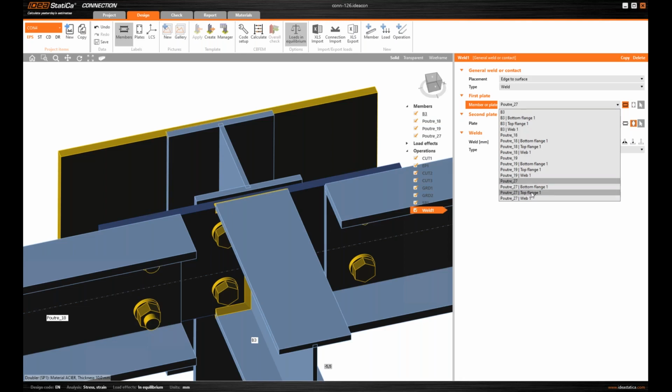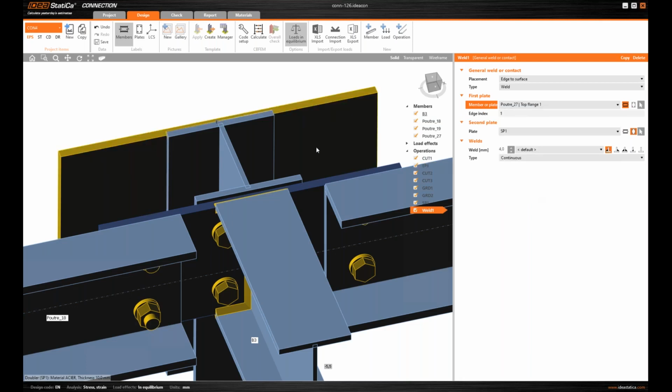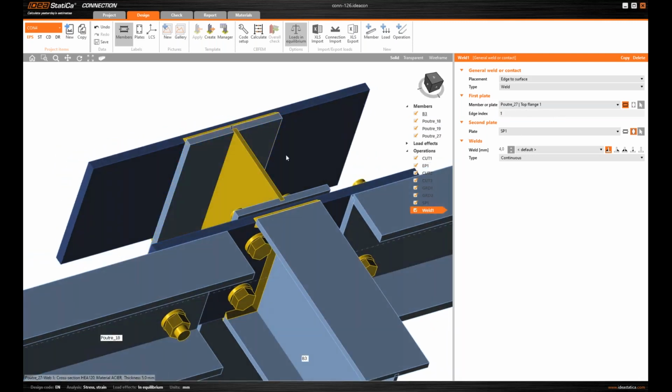And here I can set or select the top flange of the member. And that allows me to weld just the flange of the column to that plate and select the edges I'd like to add